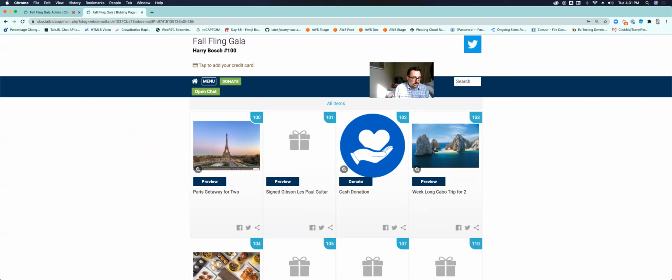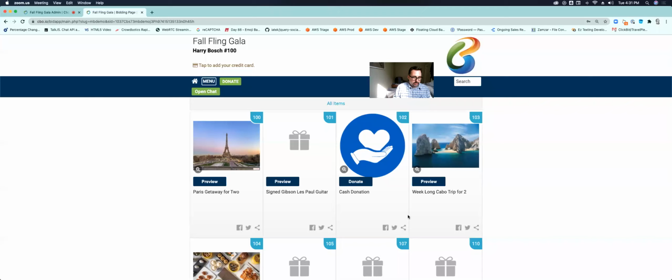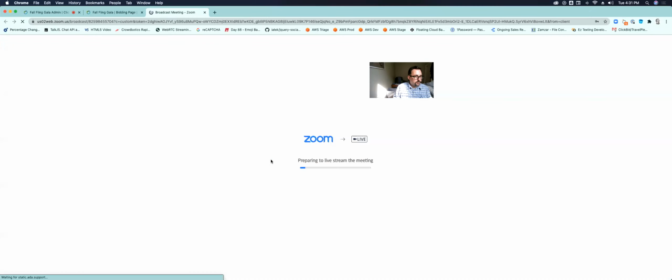So Zoom controls it. Now, if I go back to Zoom, oops, I hit the stop sharing. If I go back to Zoom and I say launch live streaming service, it's going to go here. It's going to prepare, and when it's done, this was one of the questions that was just asked. Let's see. So it's preparing. Takes a minute for Zoom to do all the bouncing around the web to get it all connected. But once it's done,